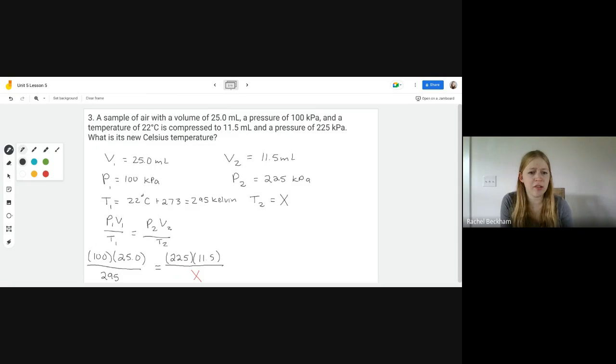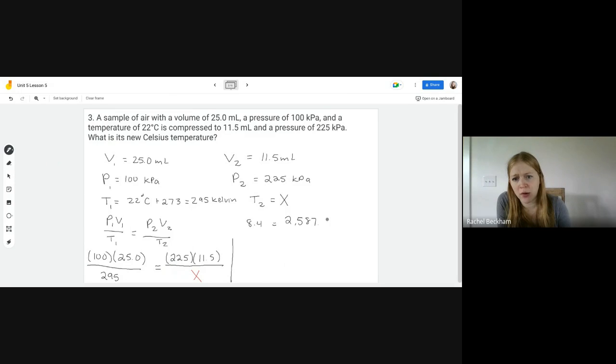I kind of want to simplify it. I'm going to go ahead and simplify this side. So 100 times 25 divided by 295 is 8.4. So I'm going to just rewrite it over here that the left-hand side equals 8.4. And then on the right, it's 225 times 11.5 on top, which is 2587.5,